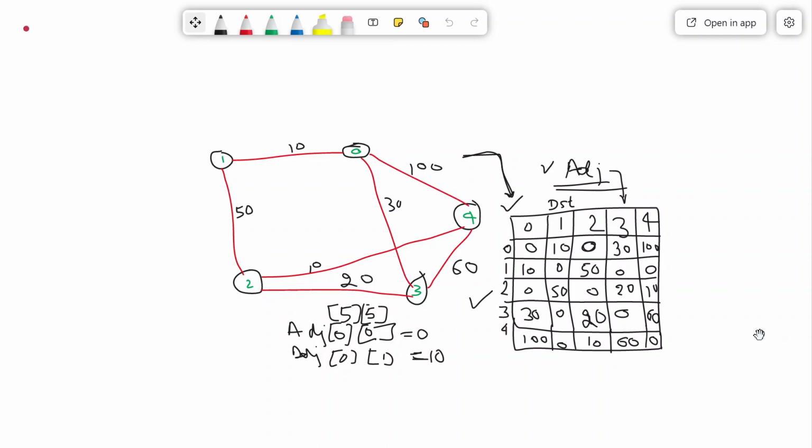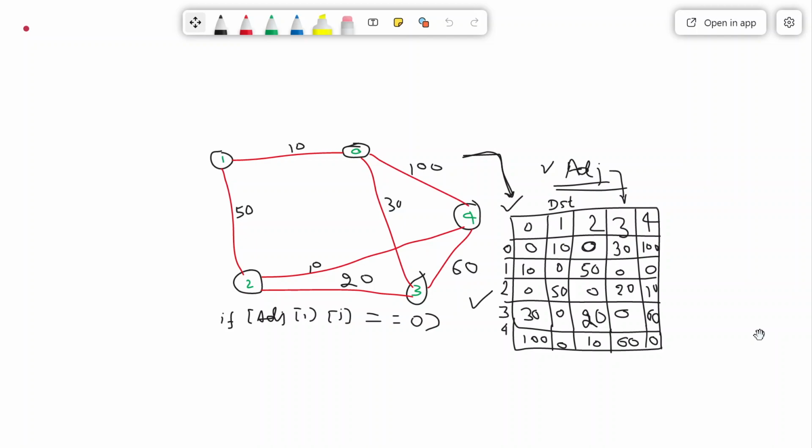Now problem 2. Problem 2 is that, as I stated, you can make a cost matrix. What will you do in the cost matrix? If the adjacency entry for i and j is 0, then you will not consider it.